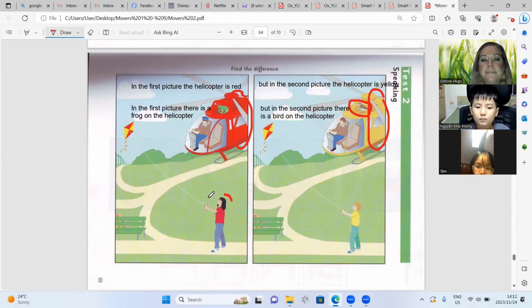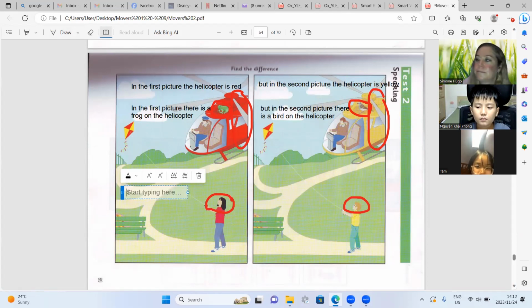Tam. In the first picture, there is a girl.